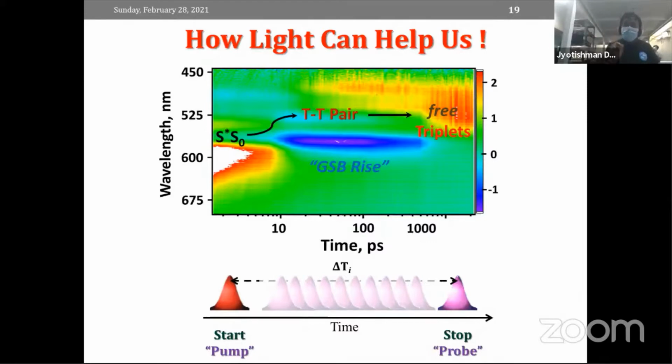So this is the key to record an ultra fast reaction. That means using a femtosecond light, you create a stopwatch where using one light, you will start the reaction, and using a second light source or a second laser light, I will call them a pulse, you will record the reaction after successive time delay. That will enable you to record the reactions in the order of hundreds of femtoseconds.